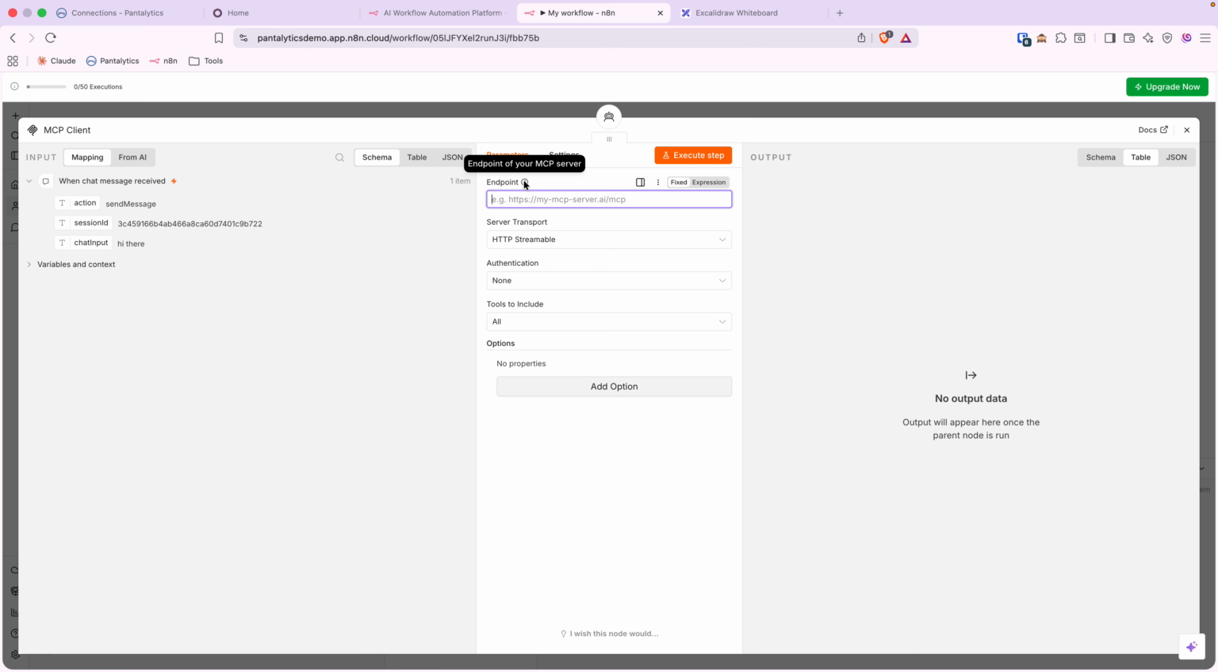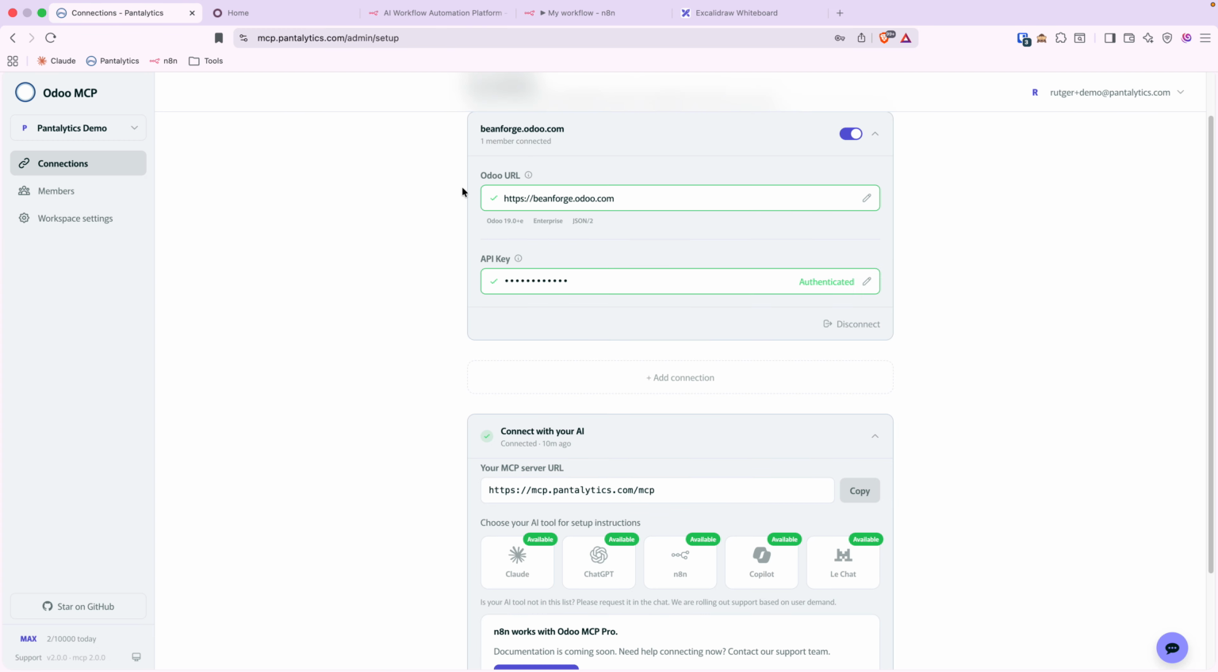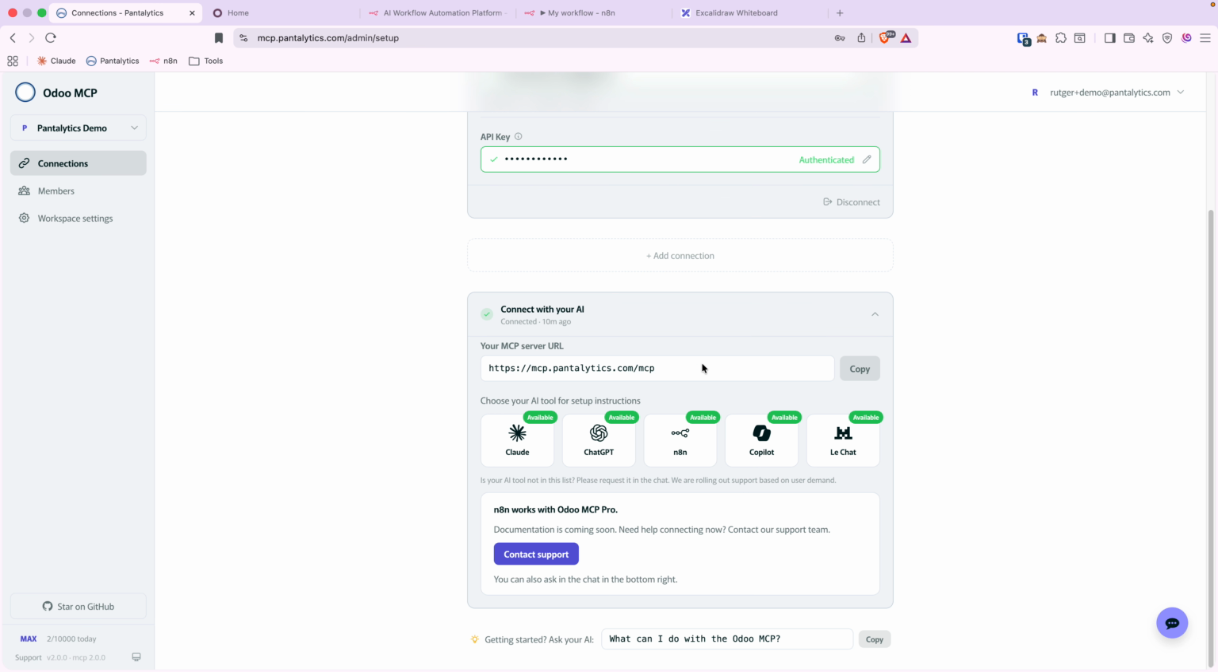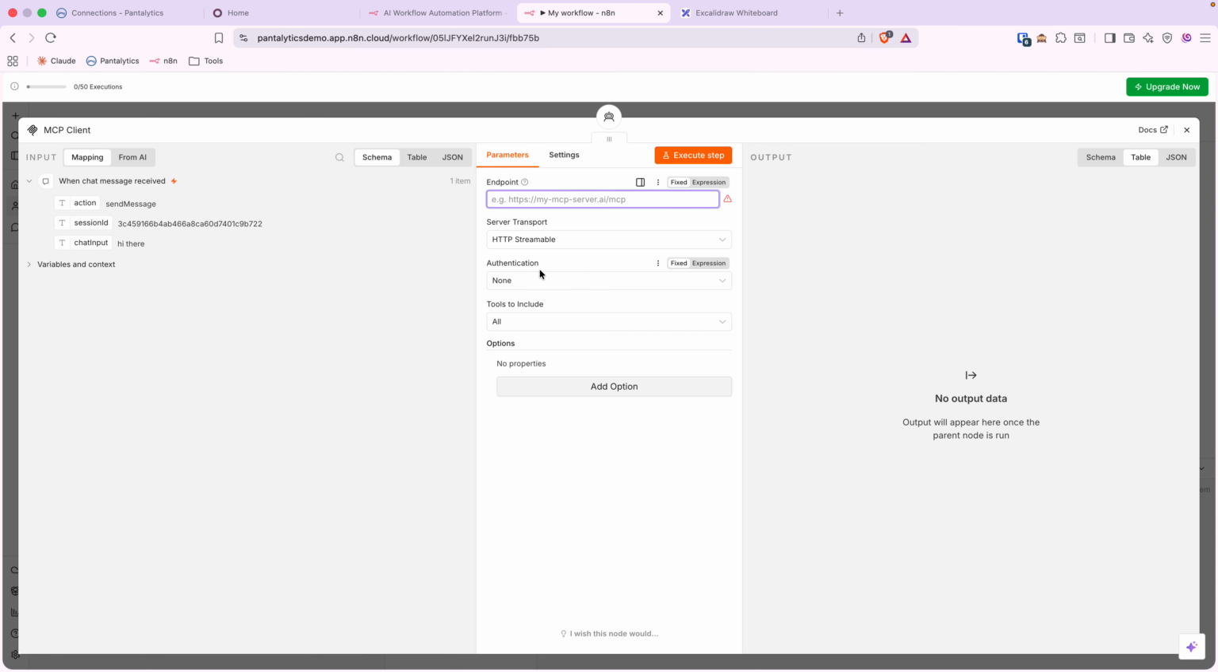The first question you will be asked is, what is the endpoint? And for this, you go to your MCP application in Pantalytics, scroll all the way down. You might have to expand this, and this is the URL which you are looking for. Copy it, and then simply paste it here. Leave the server transport to HTTP streamable, and then here under authentication, the one that you would like to select